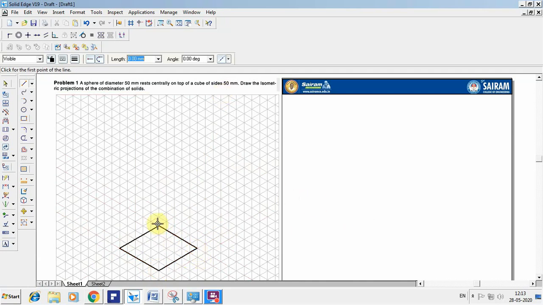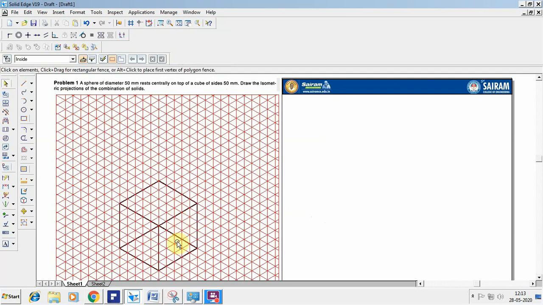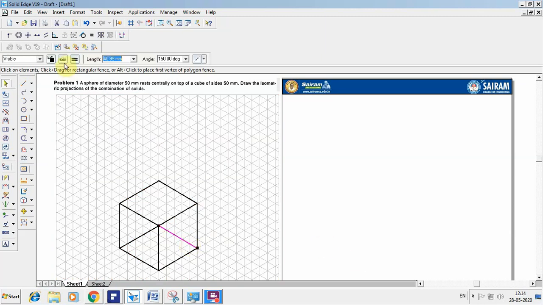Now increase the height. I'm going to take the height from here, 50. Again from here I have to go 50 mm, 50 mm, 50 mm and 50 mm. So these are two faces, and I have to connect them. I want to connect only the visible edges. This is the visible face at the top, and these are the two other faces. These two lines I can keep or I can remove. I will keep them as they are, with the thickness as 0.13 itself.